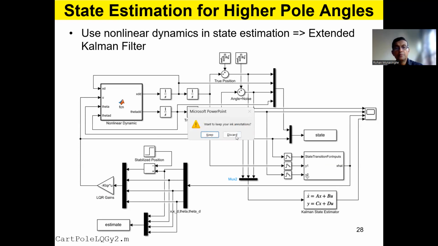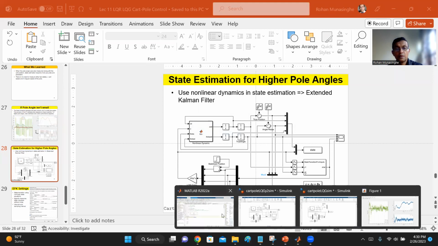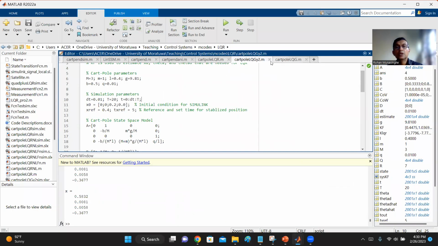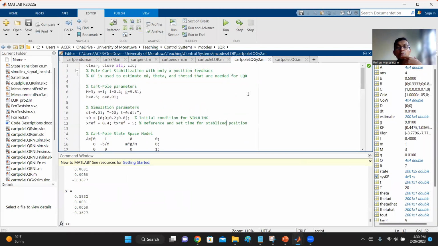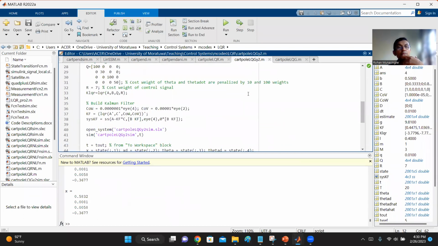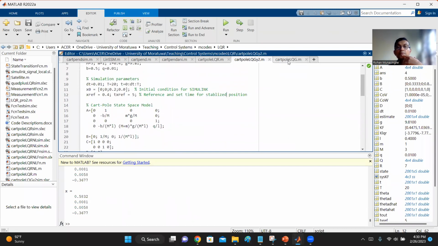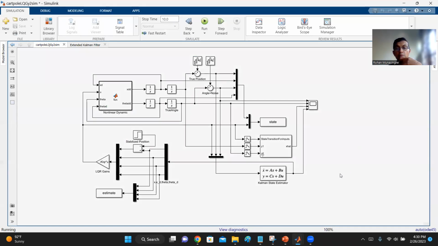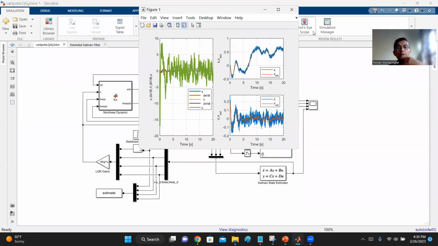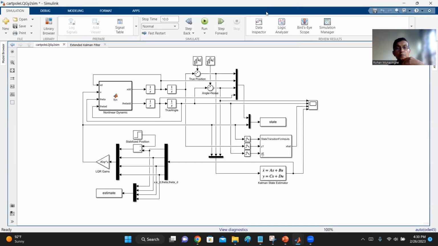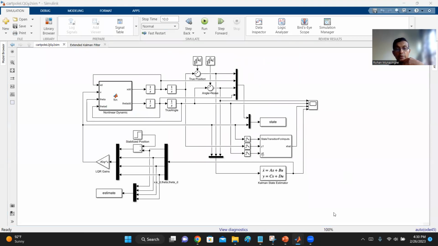So let me go back to MATLAB and open this one. All right. Actually, I was running this one earlier. Anyway,